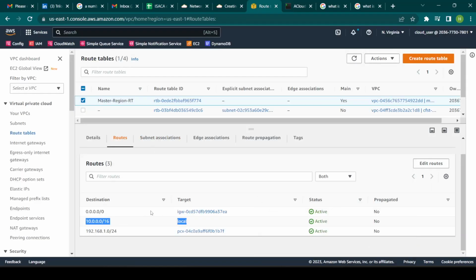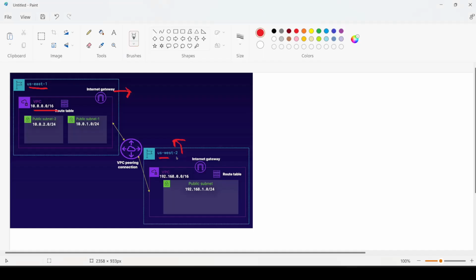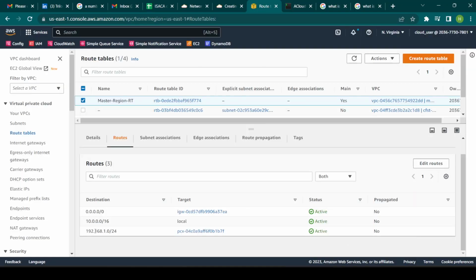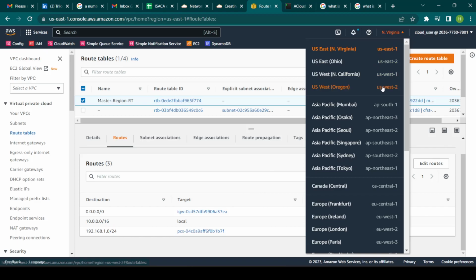Then we see this is the internet gateway route to communicate with the outside internet, and this one is the VPC peering connection ID, so that it will distribute traffic. We have made changes in the route table, so it will distribute traffic into this public subnet. The 10.0.1.0/24 range specifies that it will distribute the traffic into the VPC present in the next region. So if we go to the US West 2 region,